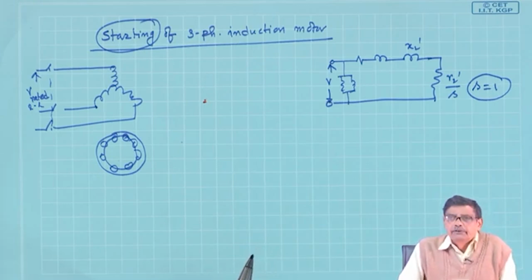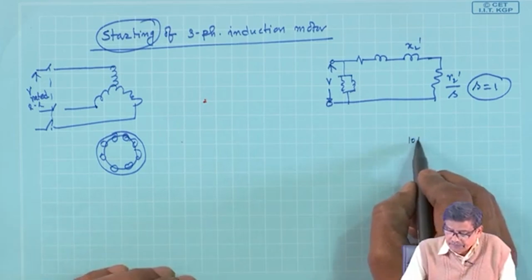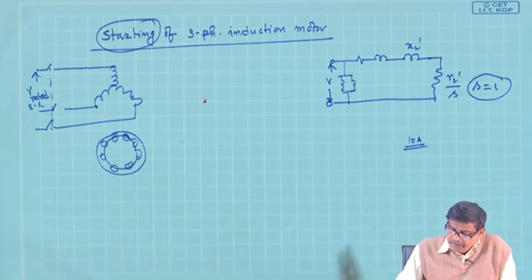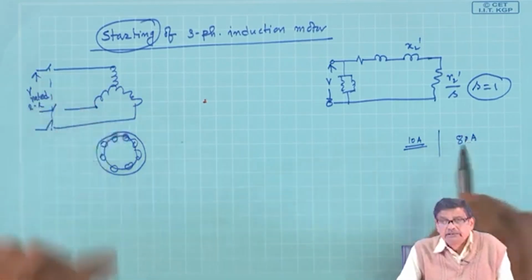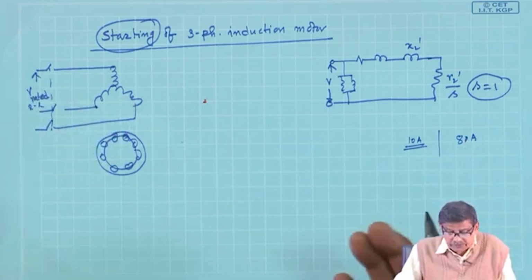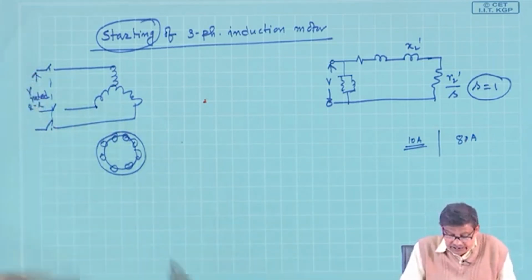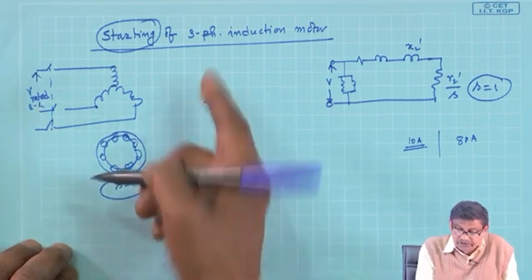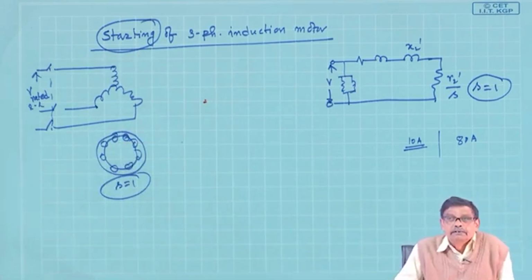To answer this question, you must understand this point. See, a motor whose rated current is 10 ampere, and if you pass 80 ampere to the stator coils, because suppose it takes 8 times the full load current when you apply full rated voltage, S equal to 1 always, because I am discussing starting. Therefore, it is going to draw 80 ampere. So, will the machine get damaged